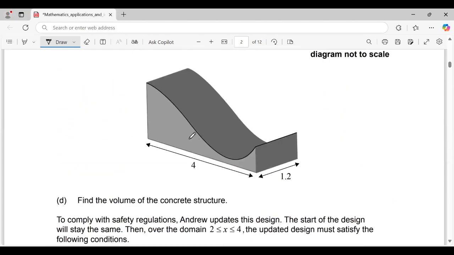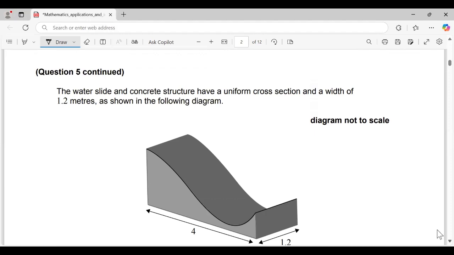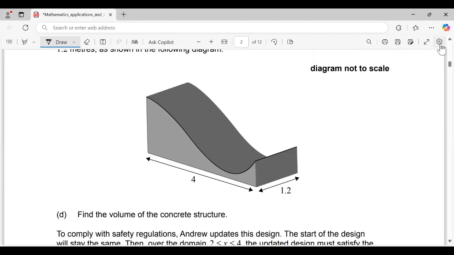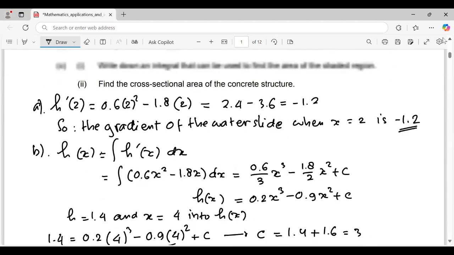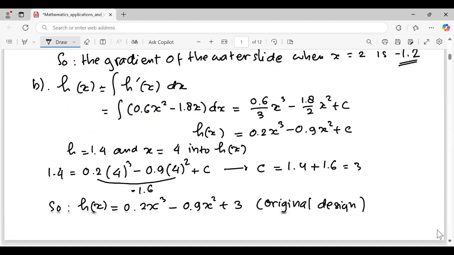Now this concrete structure. Part D, find the volume of this concrete structure. Look, the length is 4 and the width is 1.2. This area we have calculated. The surface of this concrete structure is the same as this area. So it means we are going to calculate